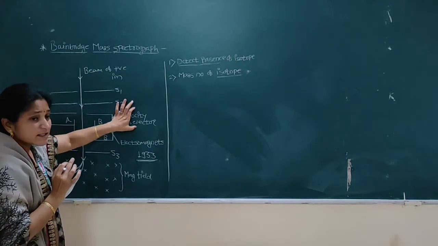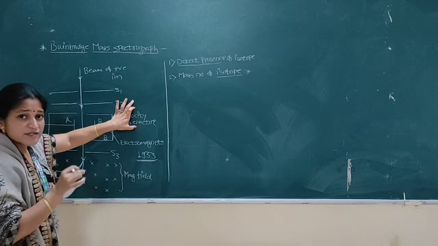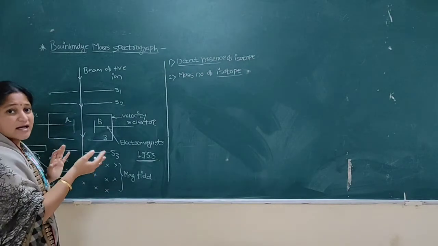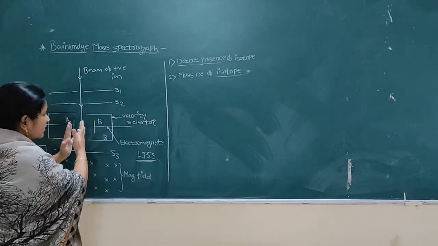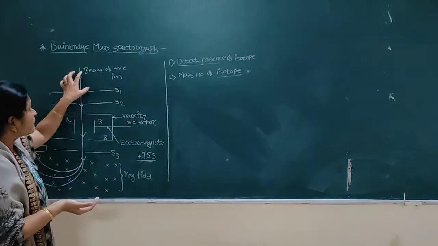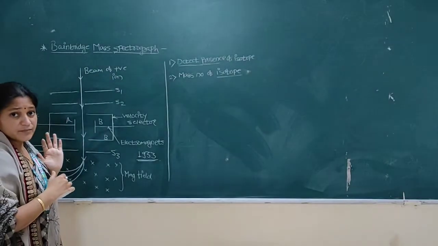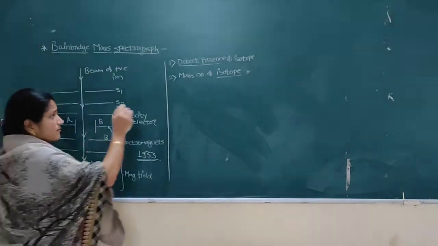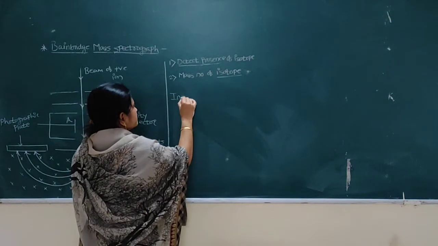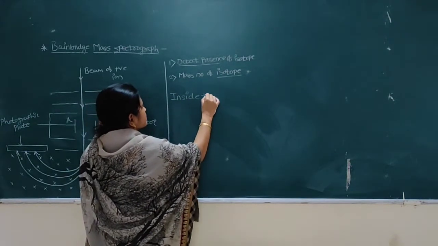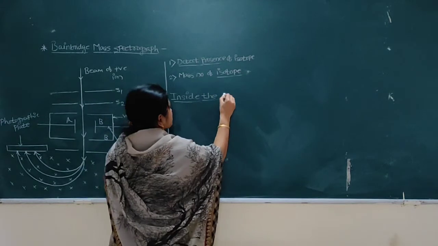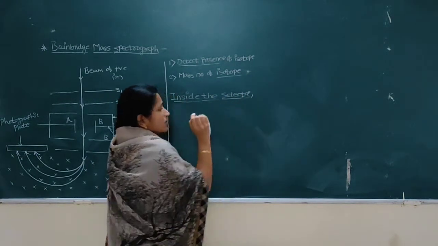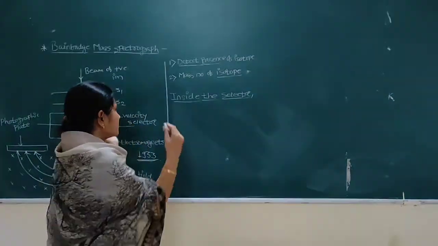This velocity selector passes only those ions having the same velocity, and other ions are deflected from their original path and finally removed from the beam. So we can write, inside the selector,